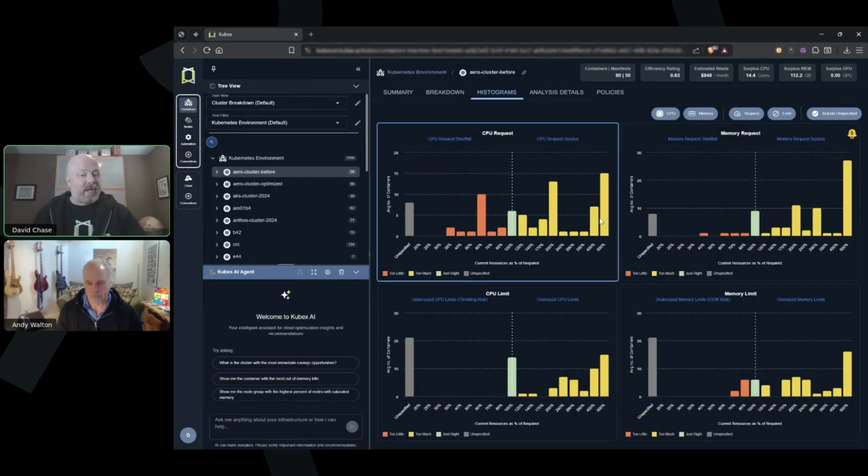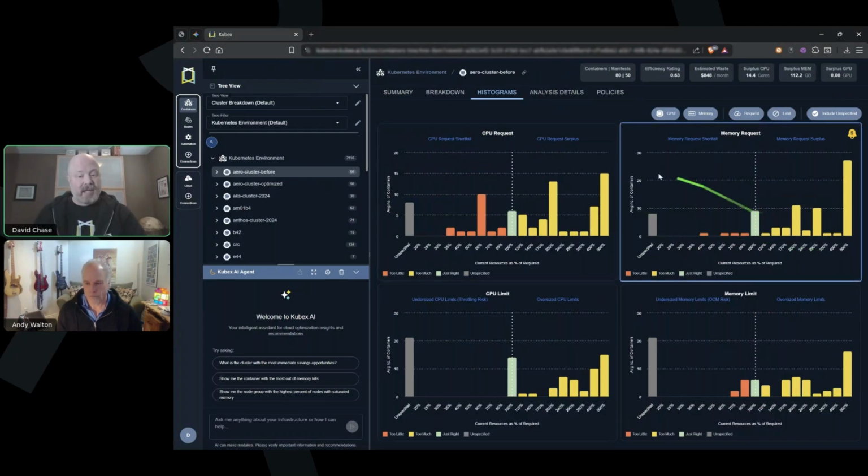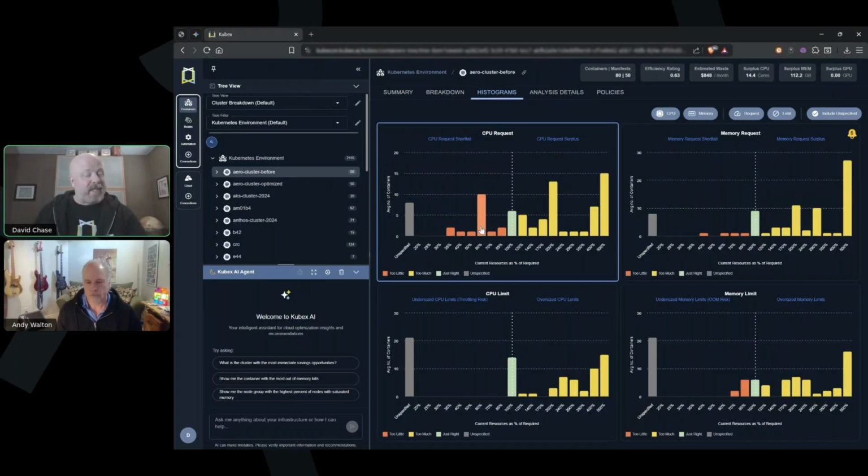Those nodes are going to be sitting partially idle, and therefore you have capacity that you're paying for, incurring cost for, but you're not actually utilizing it at all. So it's very important to optimize these and to eliminate the red, which is risk, and the yellow, which is waste. And just to show you a little bit more about the analysis behind this,